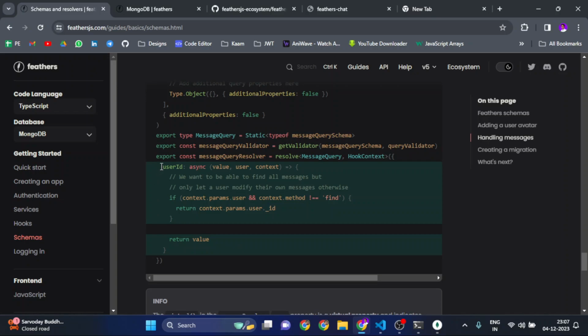So this is another check you can do. Whenever we query this message endpoint with an authenticated user, once the user is authenticated and we got the user's data, we have the user's ID now. What we'll do is we'll get the contextual parameter user and we'll check the method currently running on that endpoint. And if it is not a find method,